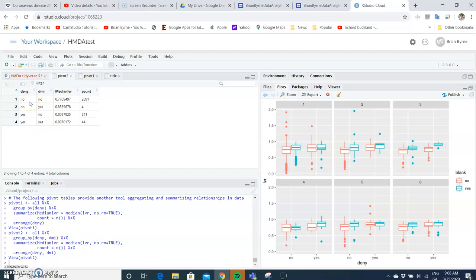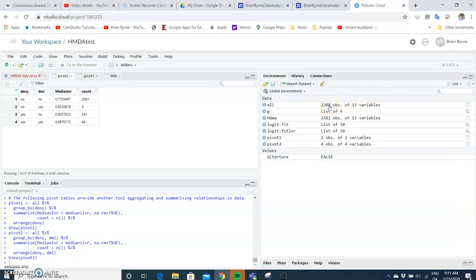When we look at those who were successful in getting their mortgage and successful in getting mortgage insurance, the median LVR here was 77%, and we can see 2,091 of the total group. If we look at the total group here, there were 2,380 applicants, but the vast bulk were successful in getting their mortgage approved and getting mortgage insurance. LVR here was typically quite low, so there seems to be a strong suggestion of some relationship. Lower LVR tended to be associated with more success in getting mortgage approved and mortgage